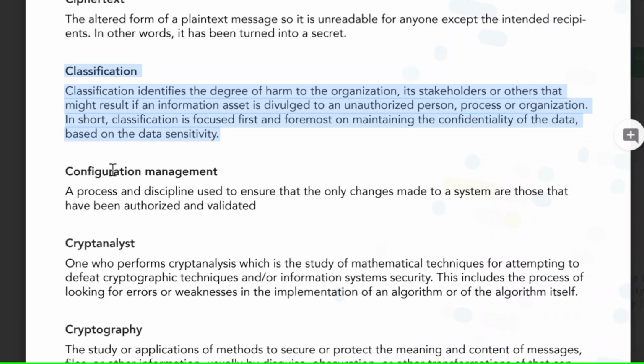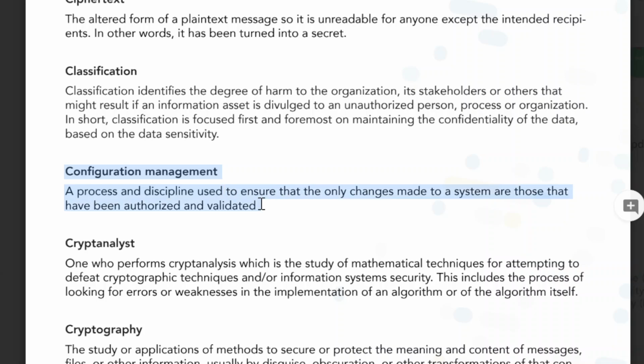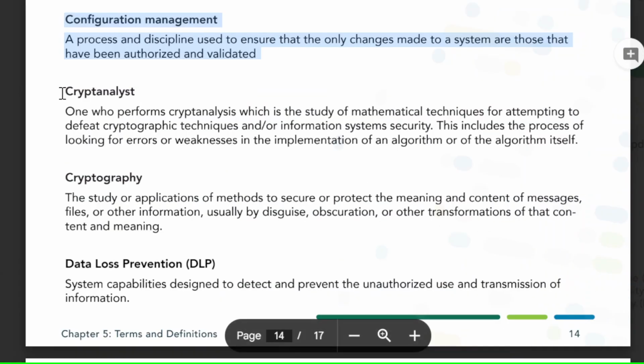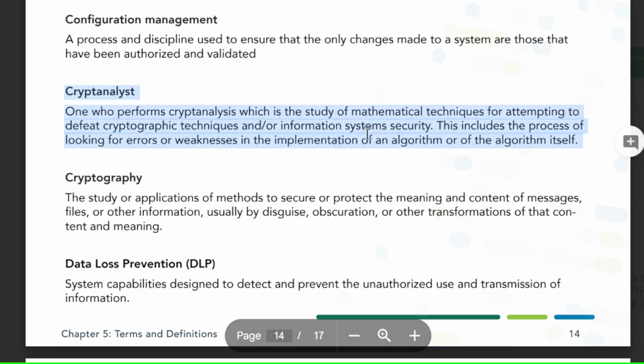Next we have configuration management, the process and discipline used to ensure that the only changes made to a system are those that can be authorized and validated. Then we have cryptanalysis, which is the study of mathematical techniques for attempting to defeat cryptographic techniques or